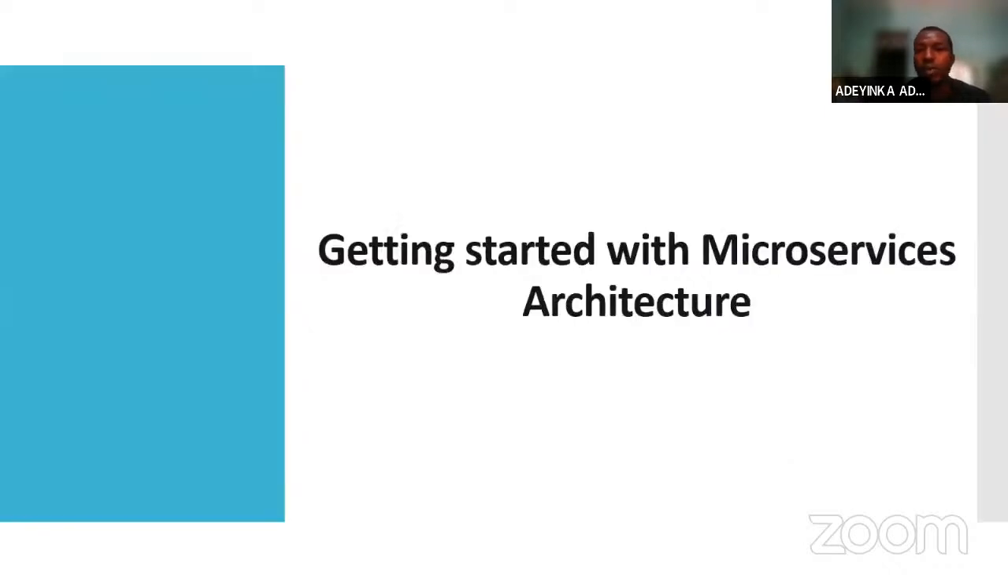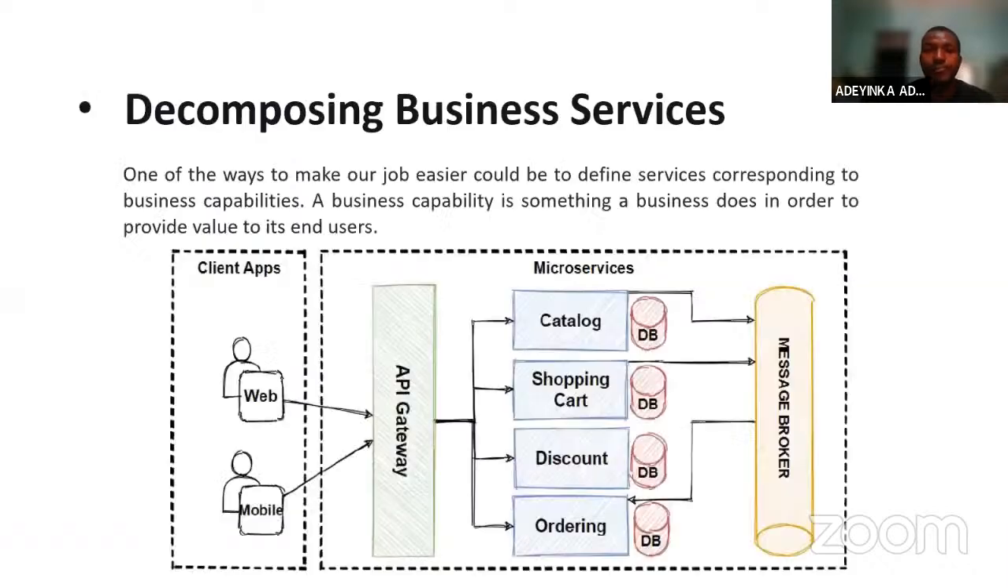Then how do we get started with microservice architecture? This will explain what to expect when you decide to use the microservice architecture as opposed to the monolithic design. To start with, you have to decompose your business services. And this is one of the ways to make our job easier. It could be to define the services corresponding to business capability. And by way of definition, a business capability is something a business does in order to provide value to its end user. For example,